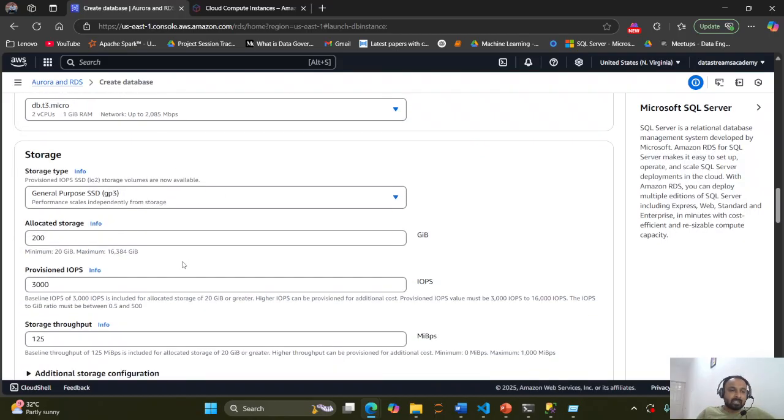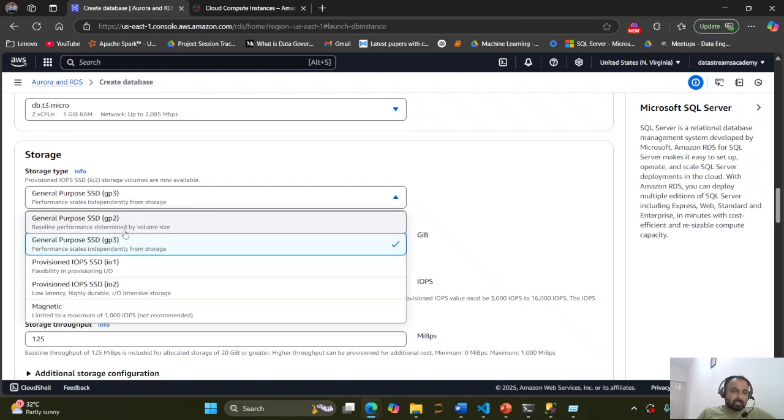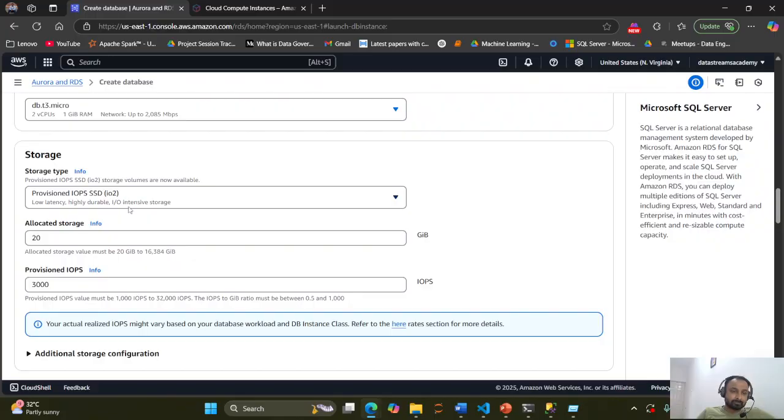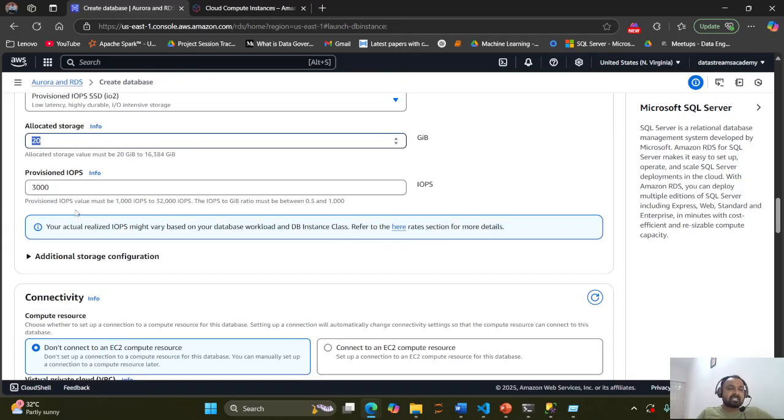get it for free. And storage, again we would say what type of storage: SSD, GP3, IO. This is low latency, highly durable. So based on all this, your cost is going to change, okay? And what is the size you want for the storage? You can say 20, 30, 40, whatever the number. And IOPS is nothing but input output per second. That means what is the rate of input output you are expecting into the server. So you can reduce or increase this number based on the load which you are expecting